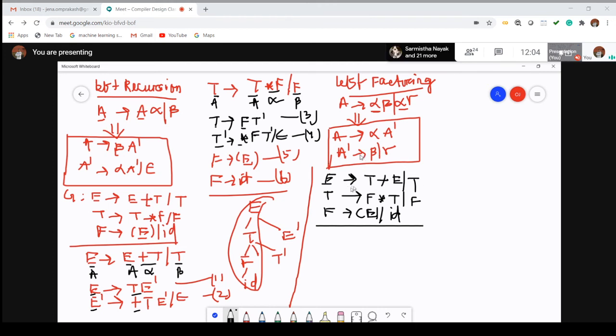So for the first production, you can check. It will be E2 T plus E or T. Now you can check the left part equal to E, but the first element of the right part equal to T. It is not same. There is no existence of left recursion. But here the value is T. Here the value is again T. Now the right hand side elements are same. The first element of each production on the right hand side is the same.